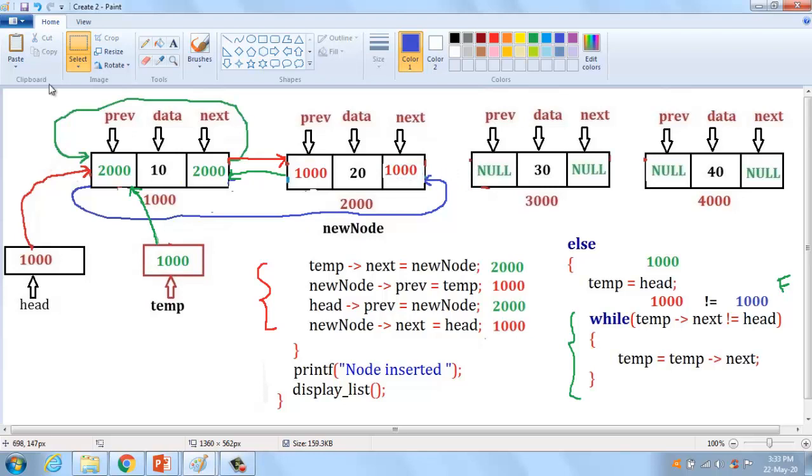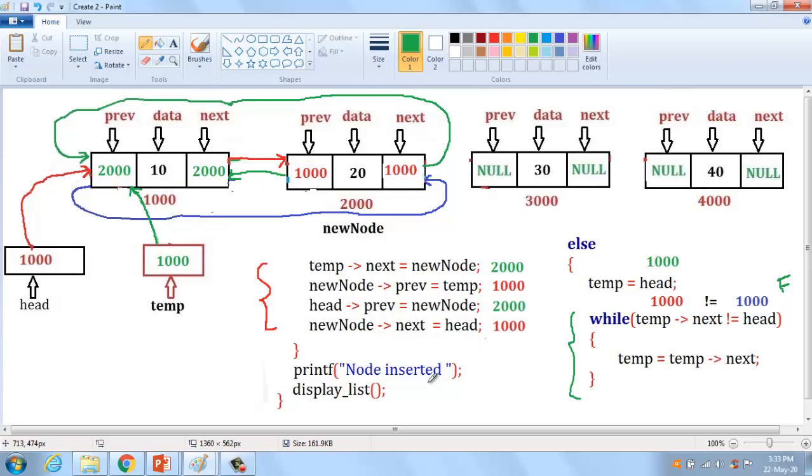Okay, 1000 means the link is generated from this node to the first node address. Alright, I understand. After that, printf node inserted successfully. Alright, this is the way we are going to insert a new element into the circular doubly linked list.